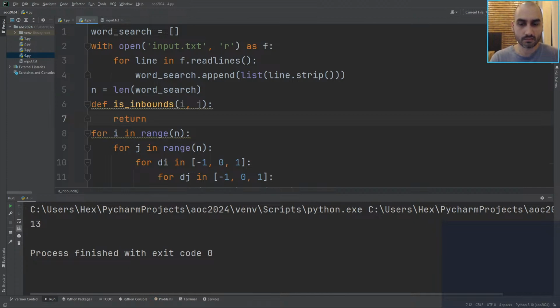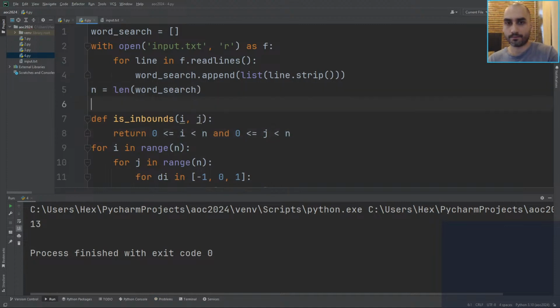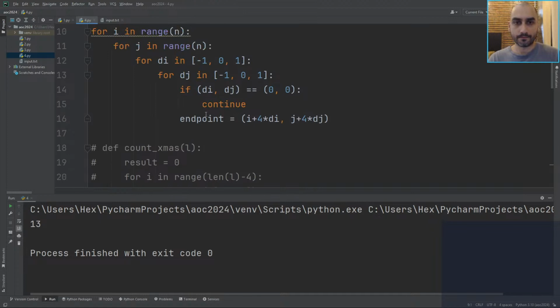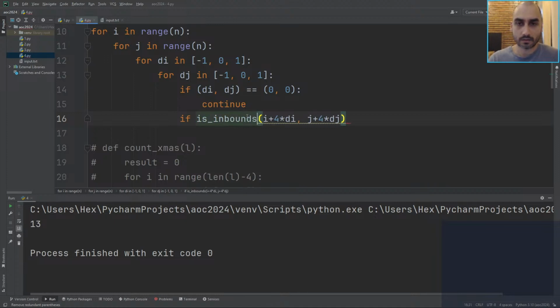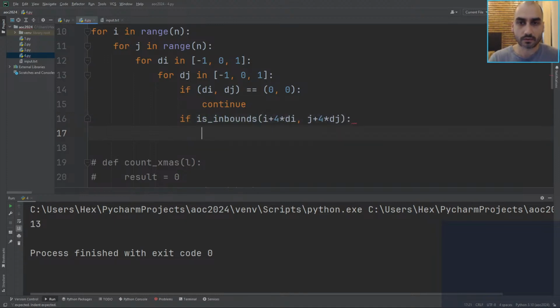Return 0 is less than or equal to i is less than n, and so on. Okay, let's say if is_inbounds on those two values, then we have a segment that lies in the matrix. So now we can say